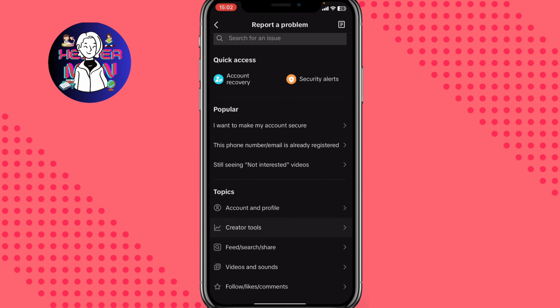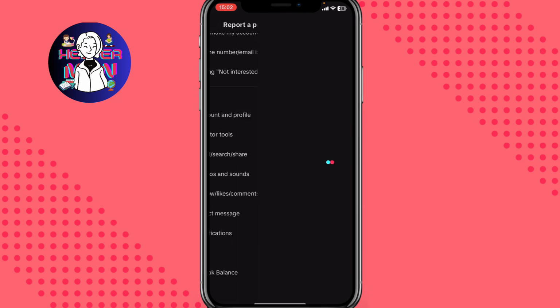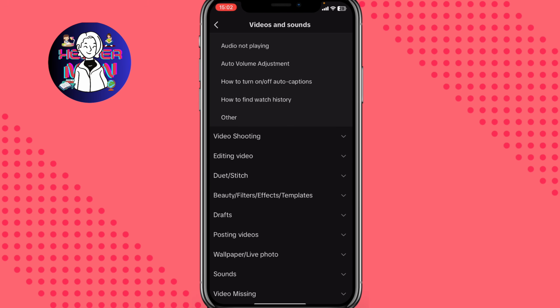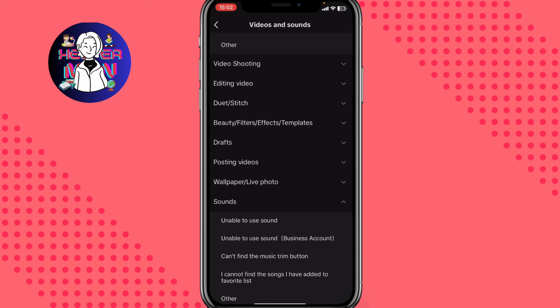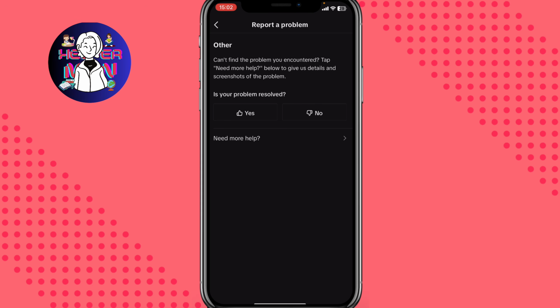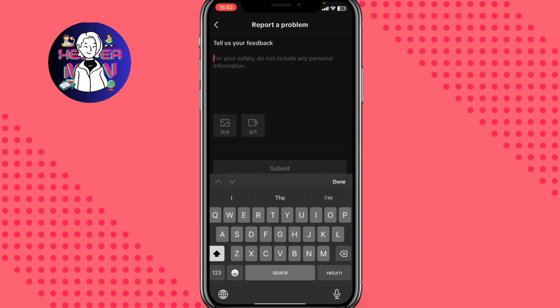After that, we can find a lot of different topics, but we need to click on Videos and Sounds right up here. And then we need to find the necessary thing. For example, we can click on Sounds. And here, as you can see, we have some topics: unable to use sound, unable to use sound business account, can't find the music trim button, I cannot find the songs I have added to my favorites list. So here we need to click on Other because we have another topic, and now we need to explain our problem. So we need to click on No, need more help, and here we need to write something like this: